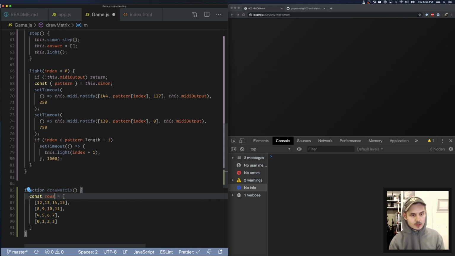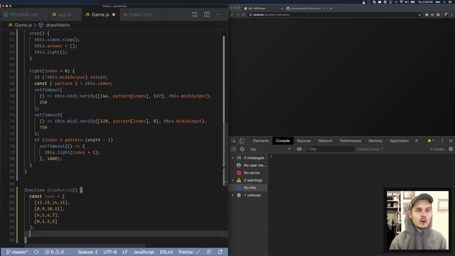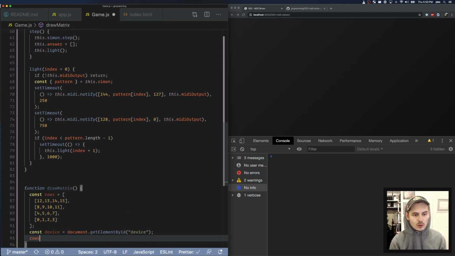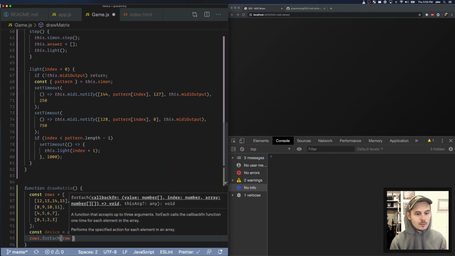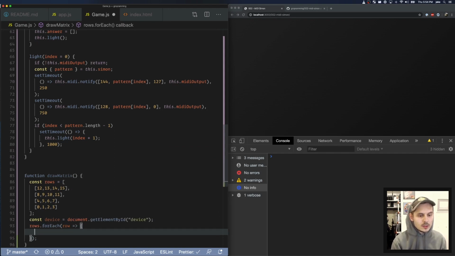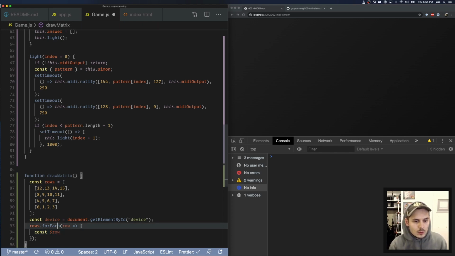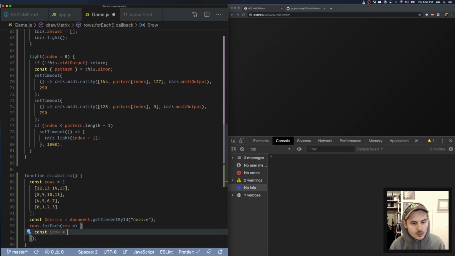say this is rows, and we will, what was the name of our element here? Device. Const device equals document.get element by ID device. rows.for each. We're going to have a row, and the row is going to, let's const row. This is like a thing that I used to do here, which is $ from jQuery days. So this is going to represent an element. Create element div,